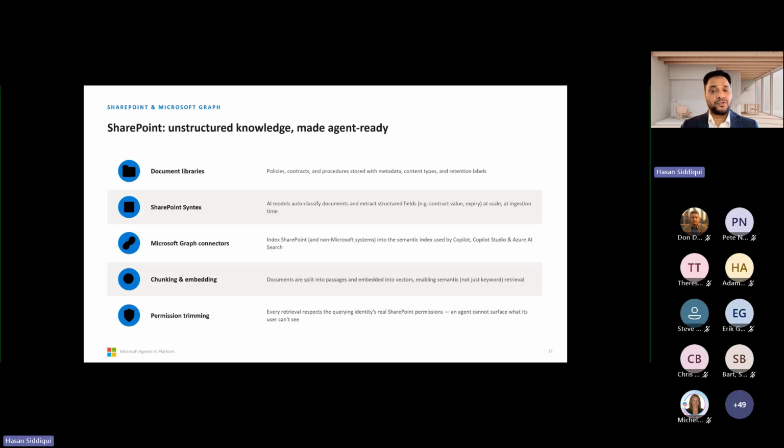So let's see how it actually becomes agent-ready. It starts as a document library of policies, contracts, and procedures, with metadata, content types, and retention labels already applied, ideally by information management practice, and SharePoint Syntex adds AI models that auto-classify documents and extract structured fields right at ingestion time, which turns unstructured documents into semi-structured records without a human re-keying them.